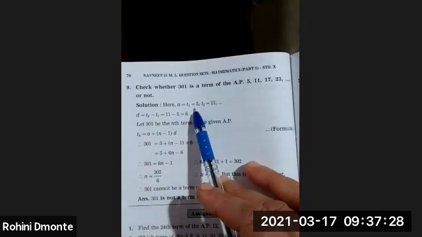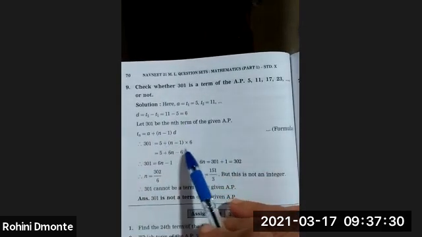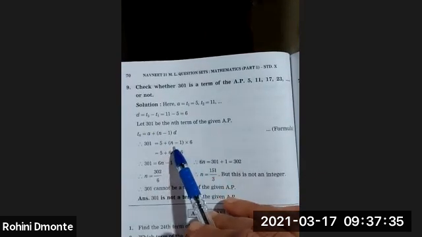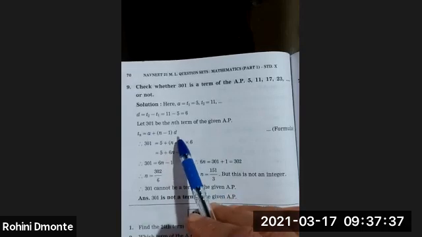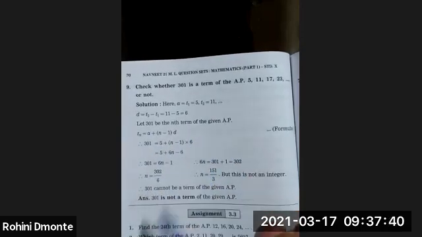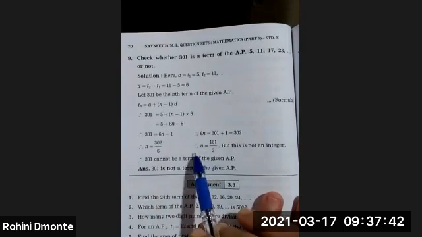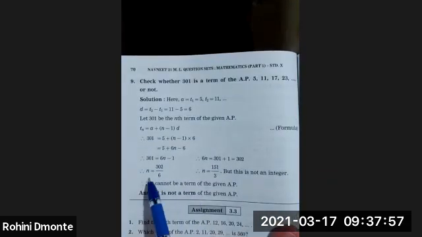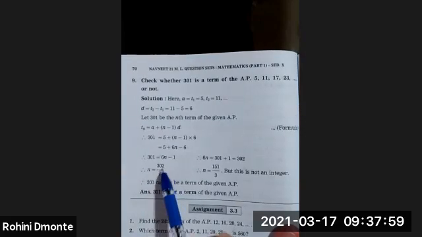A is T1, okay, n minus 1. You have to find out which term it is. So you have to write n as it is, minus 1, and D is the common difference. Simplify this, you will get the value of n. See, look here. When you are finding out here, this is the first term, second term, third term, fourth term, fifth term. Is the term coming in a fraction? Is it possible? No. But see, when you simplify this, n is equal to 302 upon 6, the whole number is not coming.